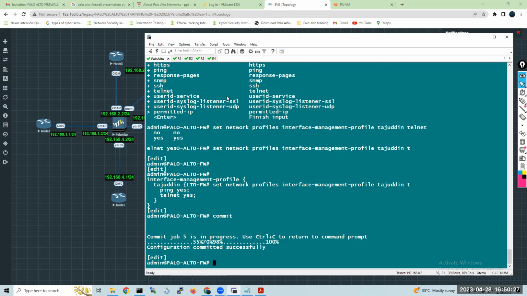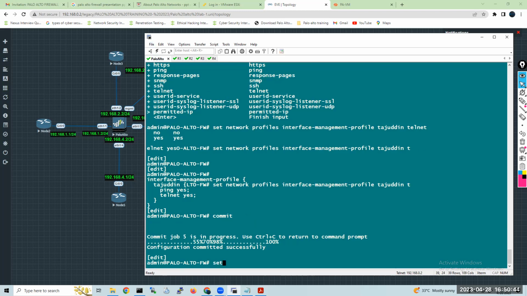Just set network profile interface management profile, then your profile name, question mark, and SSH. Good, this shows that you are learning, Vikas.